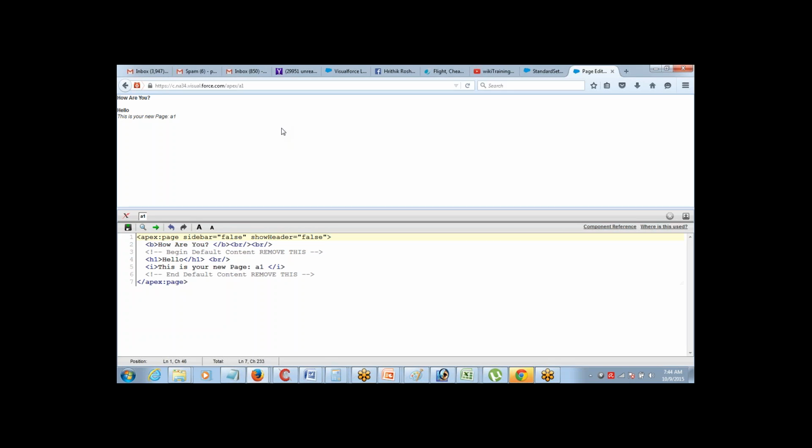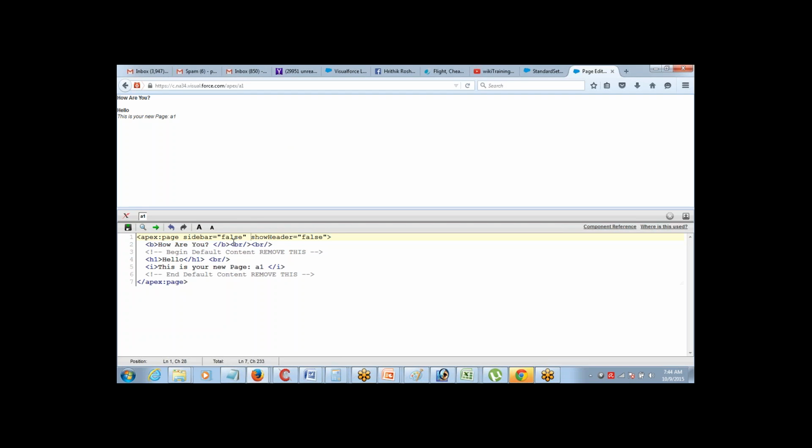Your components that you see in the Visualforce, they all have attributes. Every component has a few attributes, right? Which are very specific to that particular component, and they are used for controlling the behavior of the component. So when I define a component, Apex page component, it's basically used for defining a page, right?